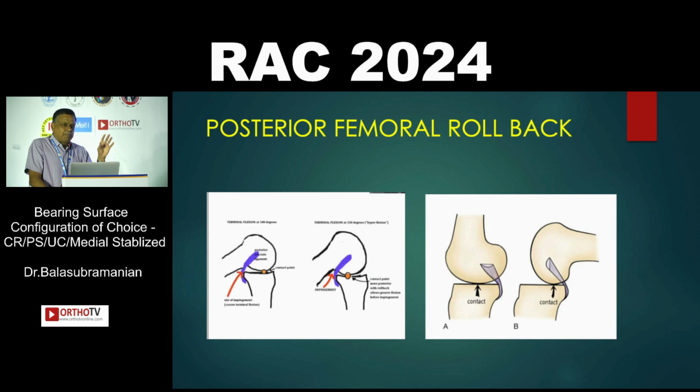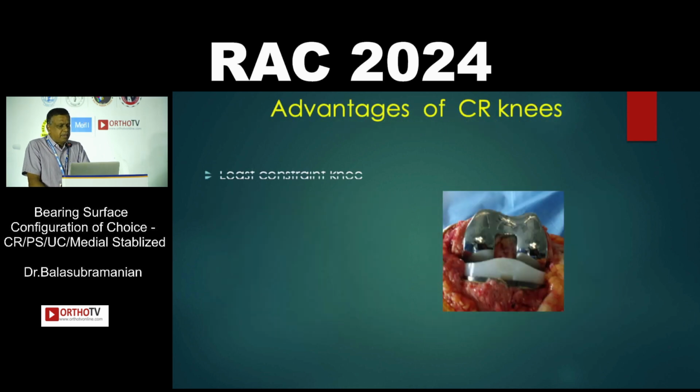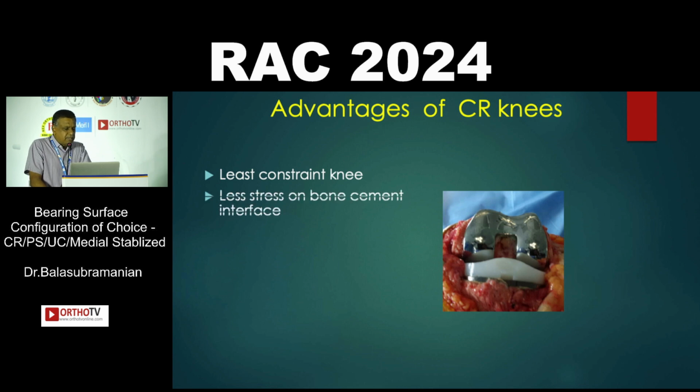Occurs, there is a posterior impingement and the flexion will be limited. So in a posterior cruciate retaining knee, the posterior cruciate ligament helps in the posterior rollback and the flexion is achieved. Hence, the advantage of CR knees are it's the least constrained knee, less stress on the interface, bone conserving obviously,